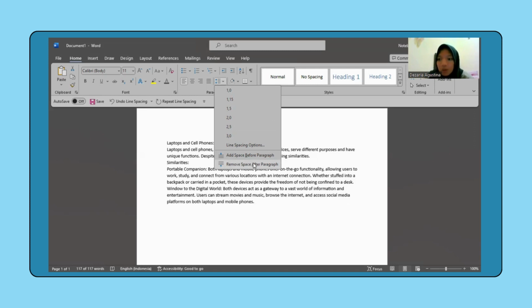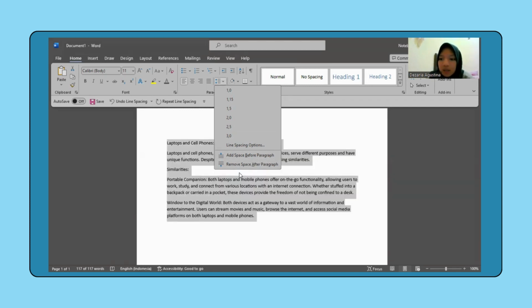This option will vary depending on the current paragraph spacing, just like with line spacing.